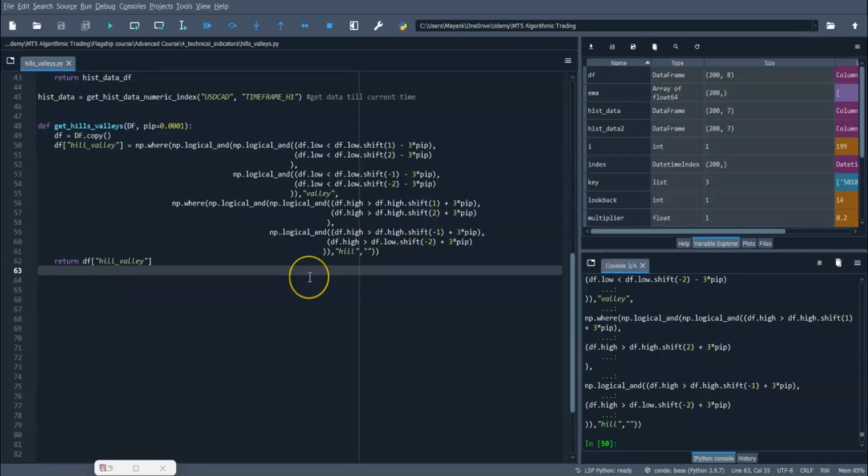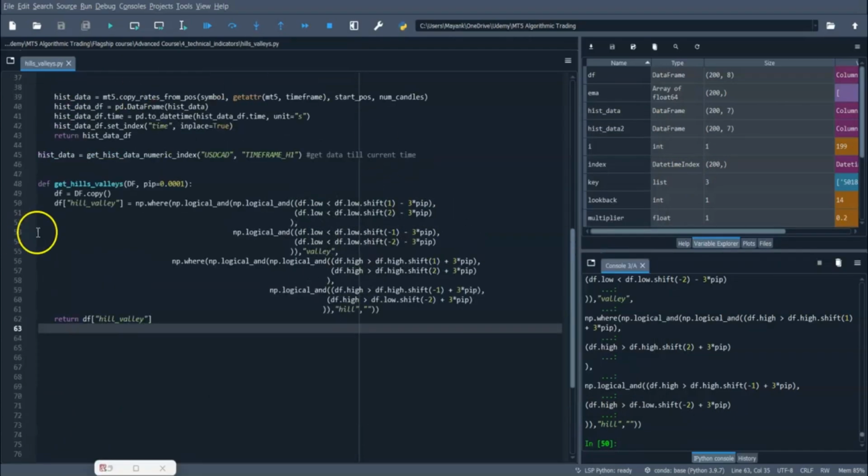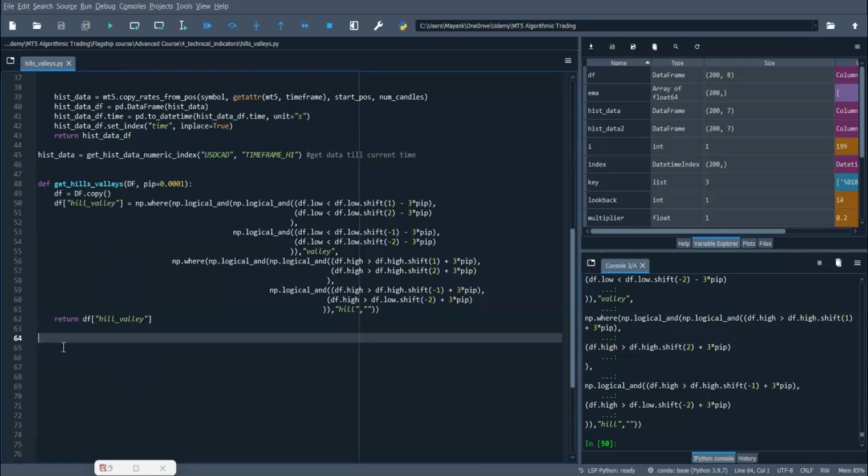Hello friends. So continuing from where we left off, we now have the hills and valleys given a historical data frame. Now all that we'll have to do is use the list of these hills and valleys to determine our support and resistance. So we are going to discuss getting support in this lecture video, because that is going to take some time. I don't think I'll be able to cover both getting support and getting resistance, but I'll